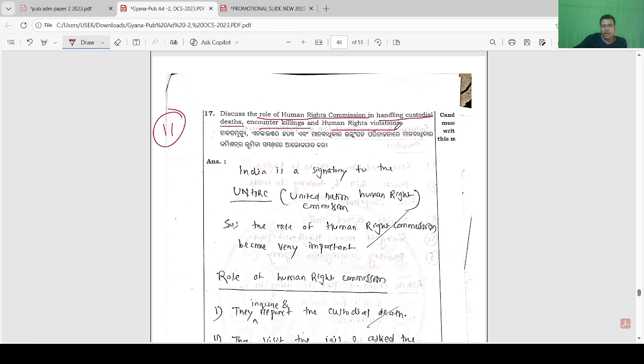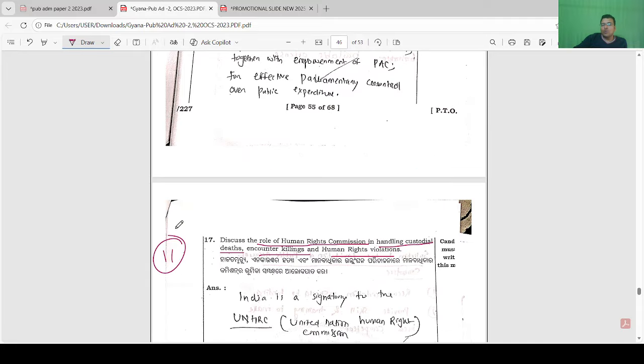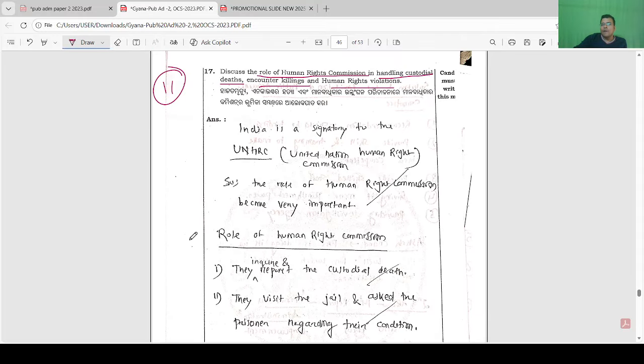encounter killing and human rights. Something must be lacking here, for which 11 marks were given. Otherwise how would it be 11 out of 14? There must be some mistake. Let us find what the mistake is. First, what would be in my answer: what is human right, definition of human right, source of human right, UDHR, India is a signatory to human rights, the concept of global constitutionalism, concept of international public administration,